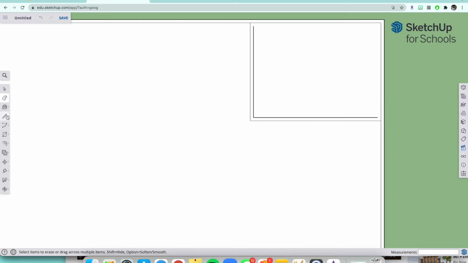So to do that, I'm going to just click on the pencil tool. And I'm going to go to the tippy top of this line and then extend it, and you'll see it'll say on edge. That's what we want. And then I'm going to click. Now, right now, it wants to still draw. So to come over here, we have to escape or get out of this tool before we can go to this bottom corner over here. So you're going to click the escape button on your keyboard, and then you're going to draw down here